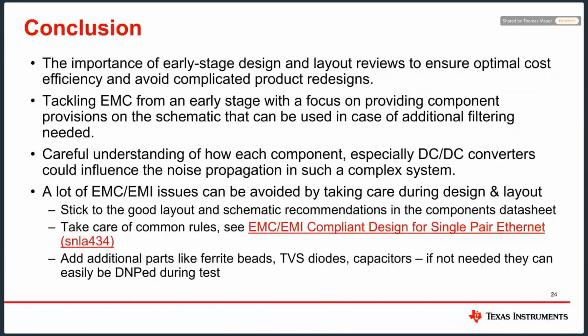So tackling EMC from an early stage is very important. You're focusing on providing component provisions in the schematic so you can do additional filtering when needed. Also, it's important to understand how each component, especially the DC-DC converters, can influence the noise in a complex